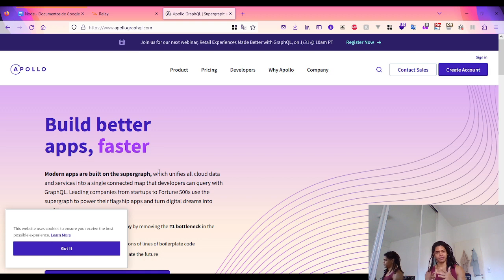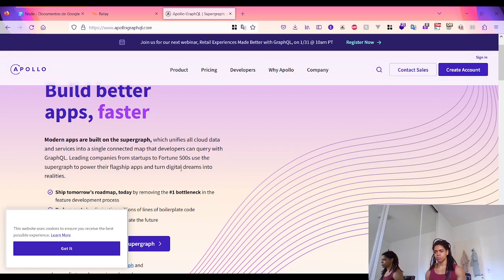So we have this steep learning curve with knowing how to create a GraphQL service. Also, caching is something difficult, because with RESTful we already have proven caching methods, but now we have this new way of doing things. So